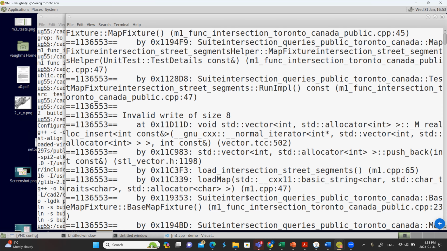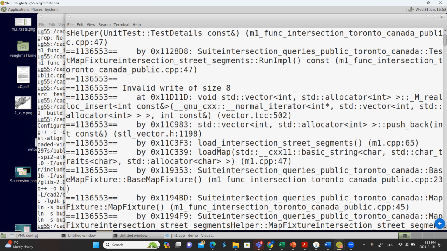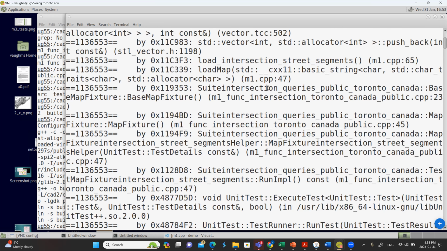And then you'll see this call stack keeps going. You don't really care after this. The rest of this call stack is essentially telling you what are all the functions in our tests that gradually call each other and eventually get to you. You don't really care. That's all code we wrote. The bug is going to be here. This is your code. So basically it says your error, you are calling pushback on line 65, and that's a problem. And how you got to that call is you called load intersection street segments from load map.